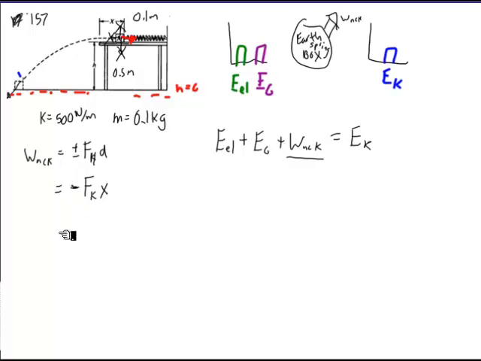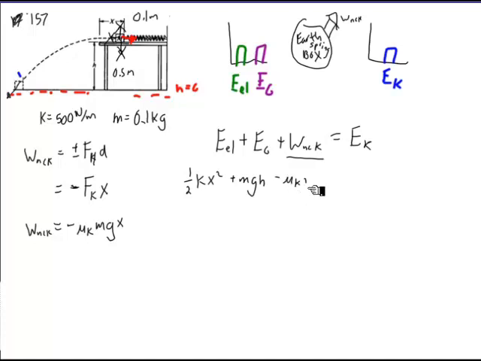So that's kind of special to this problem. Now you can get it from a force diagram, but I'm hoping this far in the year you can recognize that this Fk is mu k m g. The normal force has to be equal to the force of gravity, mg, and the Fk is simply the coefficient times that, and that altogether gives us our non-conservative work done by friction. So that'll go there. We know what the rest should be: 1/2 k x squared plus mgh